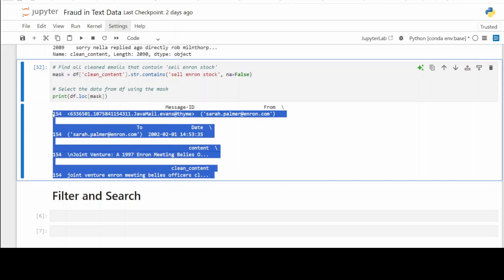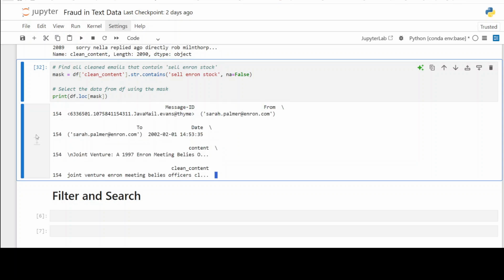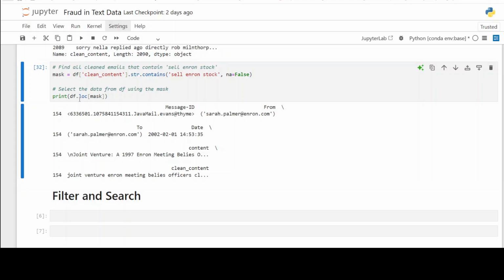Now this doesn't mean much to you. I'm just showing it to you so that you have an idea of what's going on. But we've filtered our data by using this mask, basically. And so now we're going to do a more extensive search. What we're going to do now, and it'll make more sense when you see it,